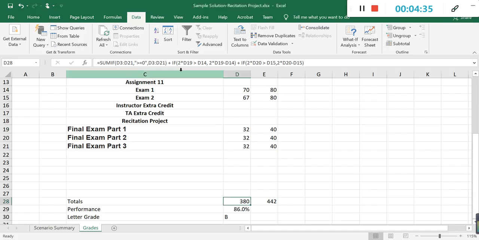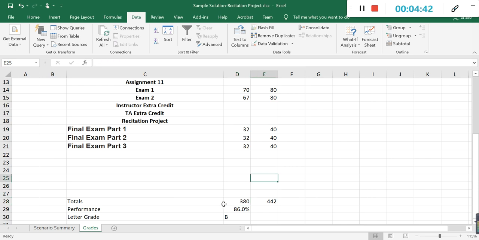So this is the formula. In cell D28 right here, you need to use the formula SUMIF, where the data area is D3 to D21, and if the item is bigger than or equal to 0, we will add this data